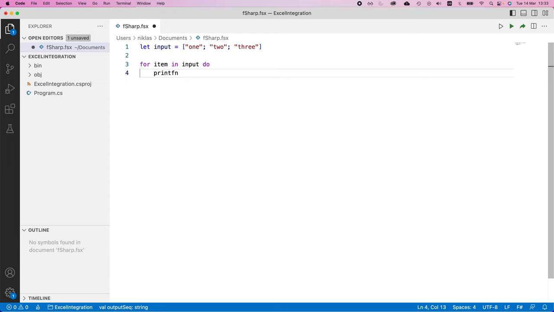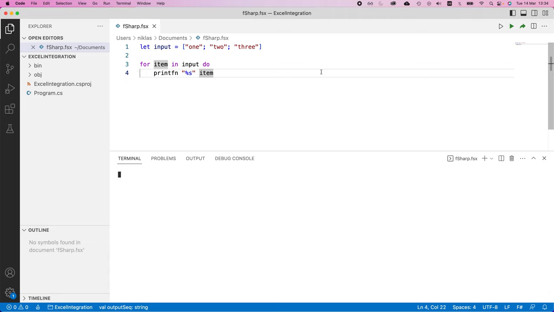So you would do printfn, and then know that it's a string, and then print the item, like that. We could do that, and if we evaluate this, we would also get a result, but it violates a bit the principles of functional programming. We don't want to write explicit loops like this in our code. It messes up the evaluation flow and is not best practice for F#. So you can see that the output is correct, but a better way of doing this,